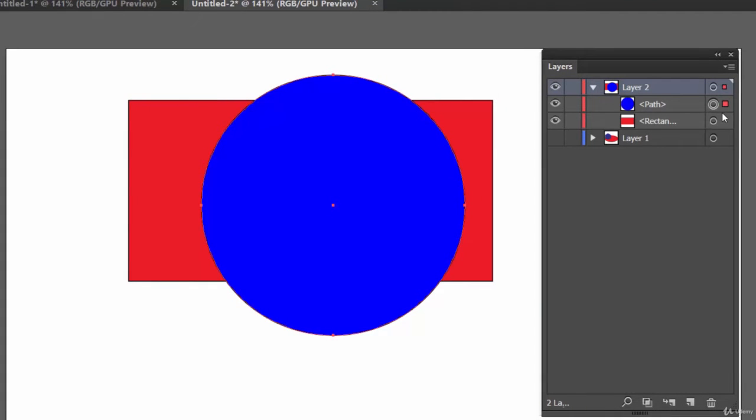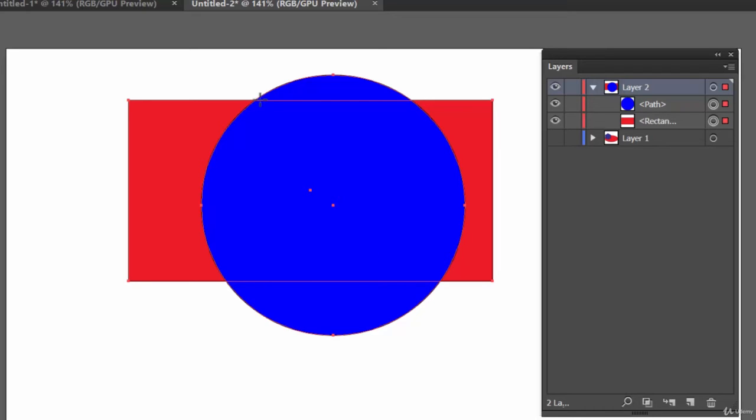So now let's select both of these, and now we are going to create a clipping mask. Now what shape are we going to get? Can you guess? So we are going to clip this rectangle based on this path.